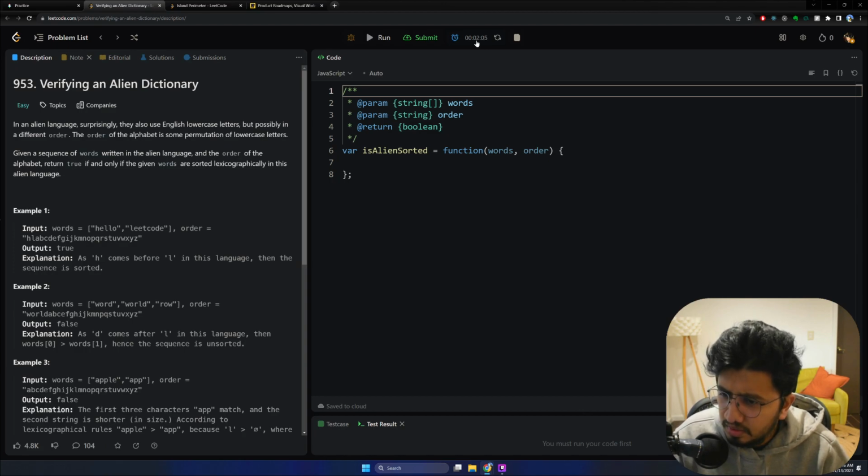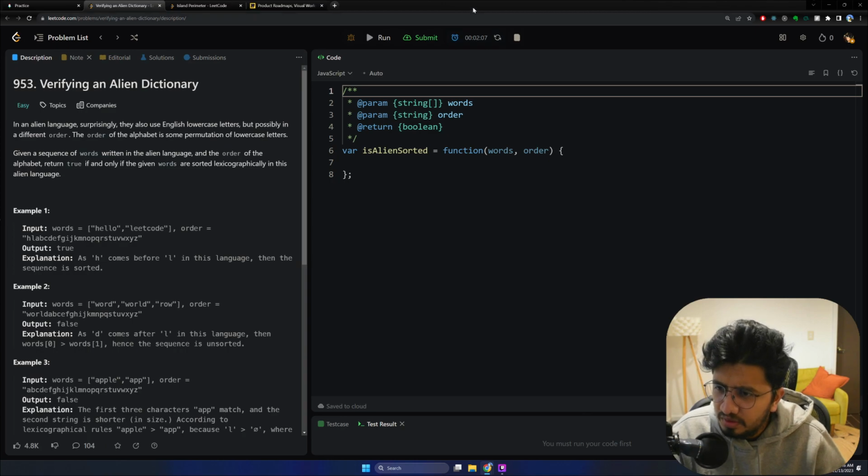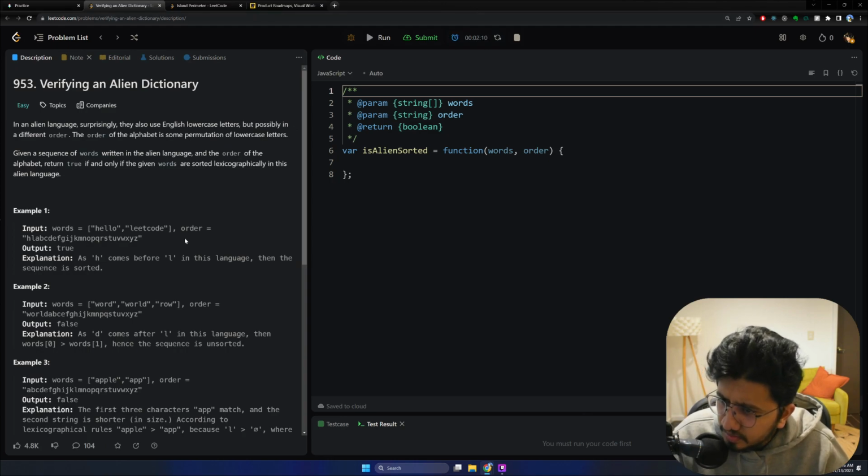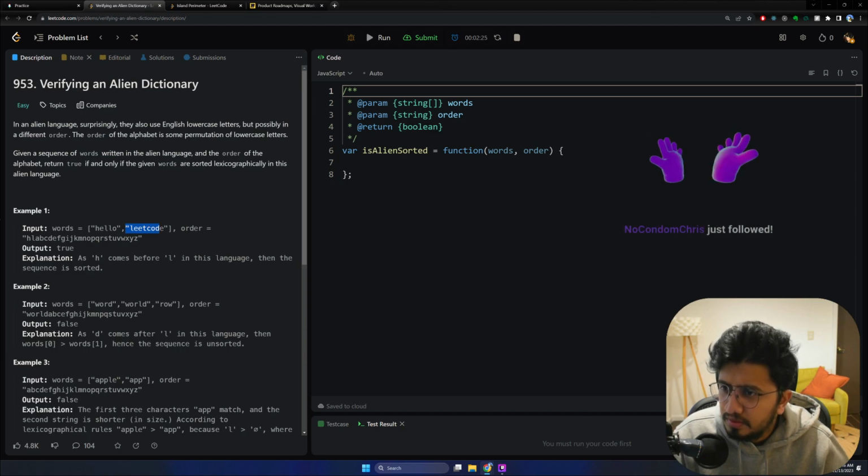So looks like words, right? So let's see. So here, what they are comparing, I'm not sure whether they are comparing Leetcodes. So given,